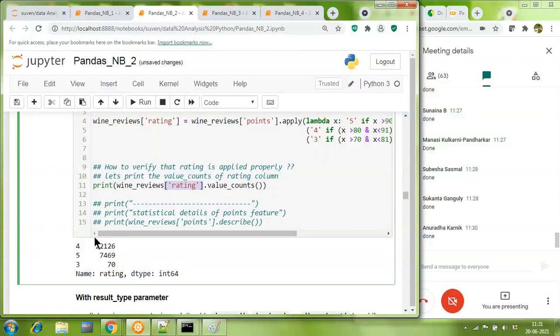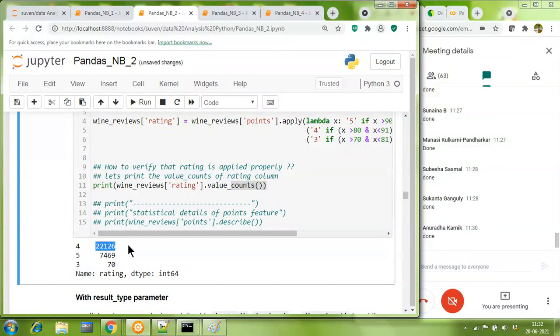So the unique ratings given by us are 4, 5 and 3, and then it is going to find the count among each. So what value counts basically does is it groups the records and then within each group it finds the records.